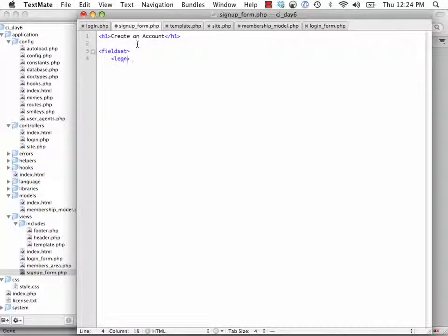And the first thing we need to do here is create a legend, and that'll be personal information. And next, we've got to create our form again. So we're going to do echo form open, and that's going to send the user to login controller, and we'll create a method called create member. Okay. Next, form input, and this one is going to be